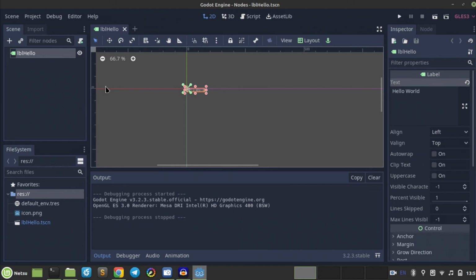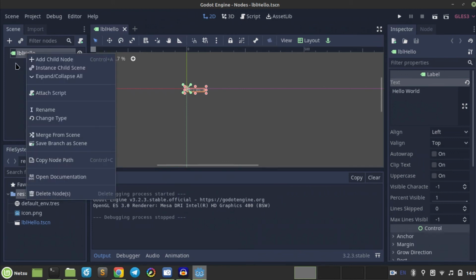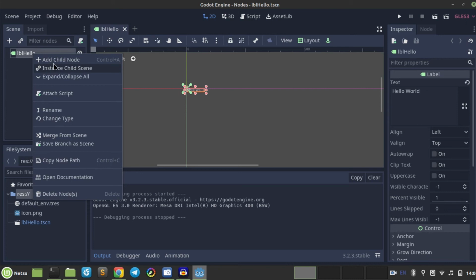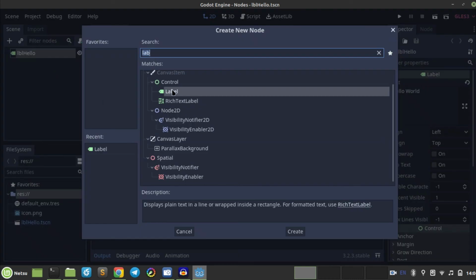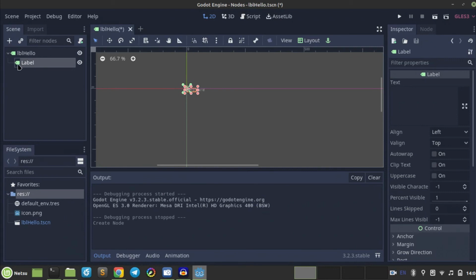So yeah, that's all I want to teach you guys. I just want to teach you what a node is. So basically, actually, we can even add a child node. And let's say this is another label. And as you can see, it's basically a tree now. This child node is basically part of this node now. It's the child node. So if I delete this node right here, this child node will also be deleted. And I call this child